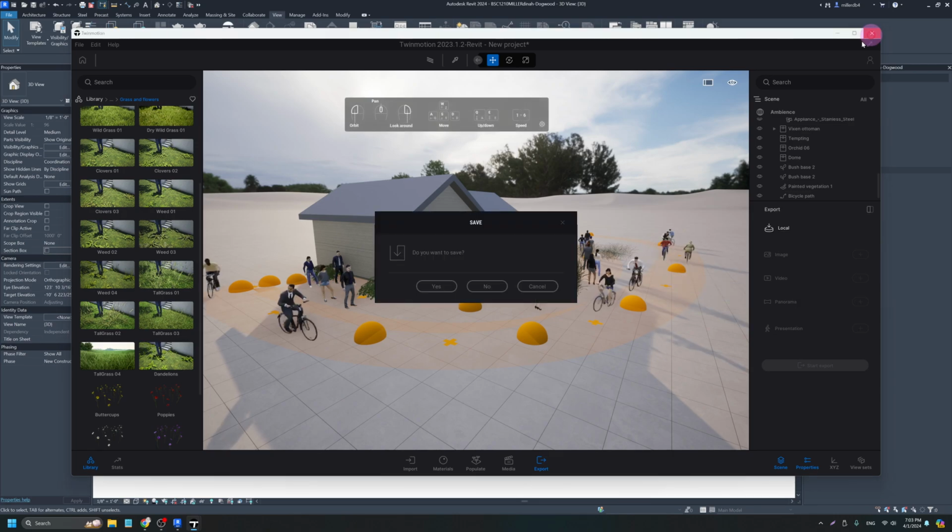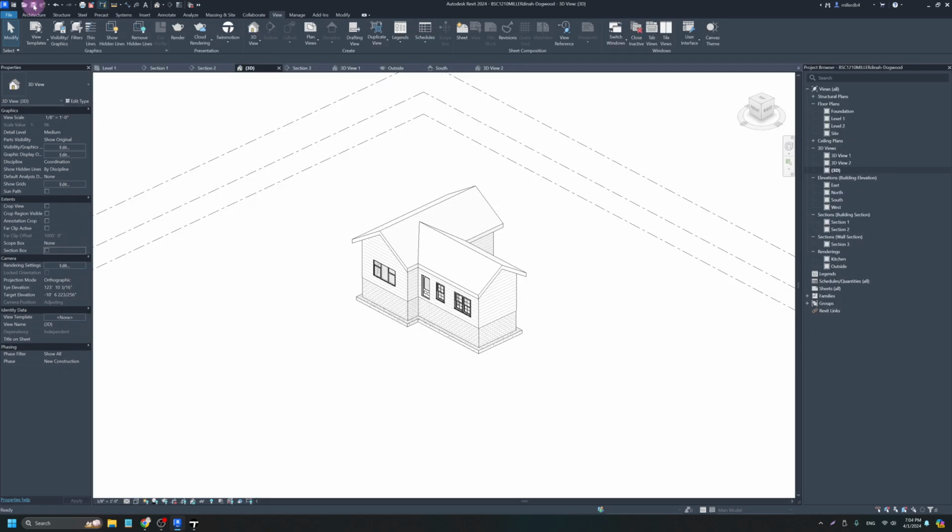If I close out, I could save my progress. I'm just going to click no, because you want to make sure that you save your progress here. So you're going to want to make sure that you save your Revit work. In our next video, we're going to focus on